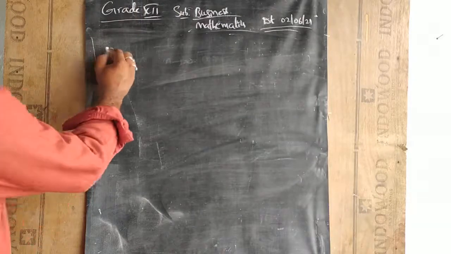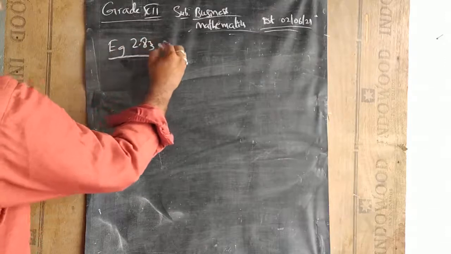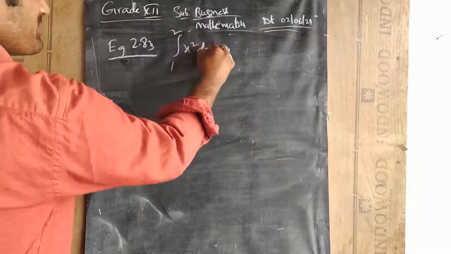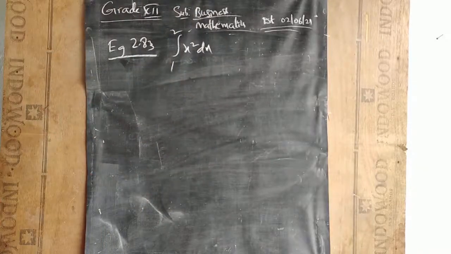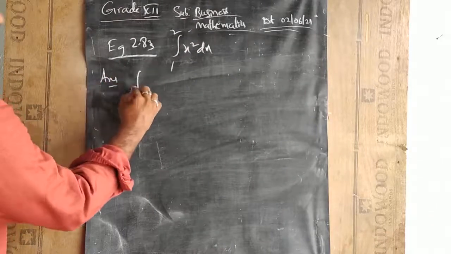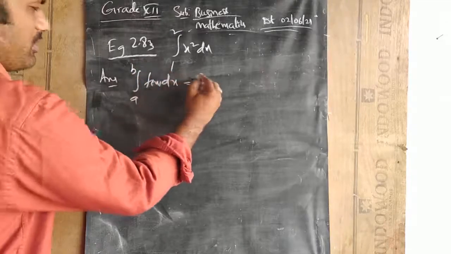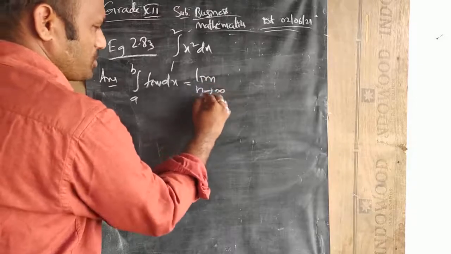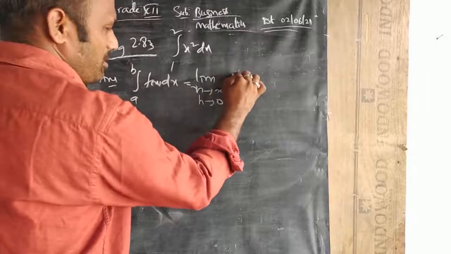Example 2.83. Evaluate the integral from 1 to 2 of x square dx. Let us do this. So what is the formula that we are going to apply here? Integral a to b f of x dx is equal to limit n tends to infinity, h tends to 0,